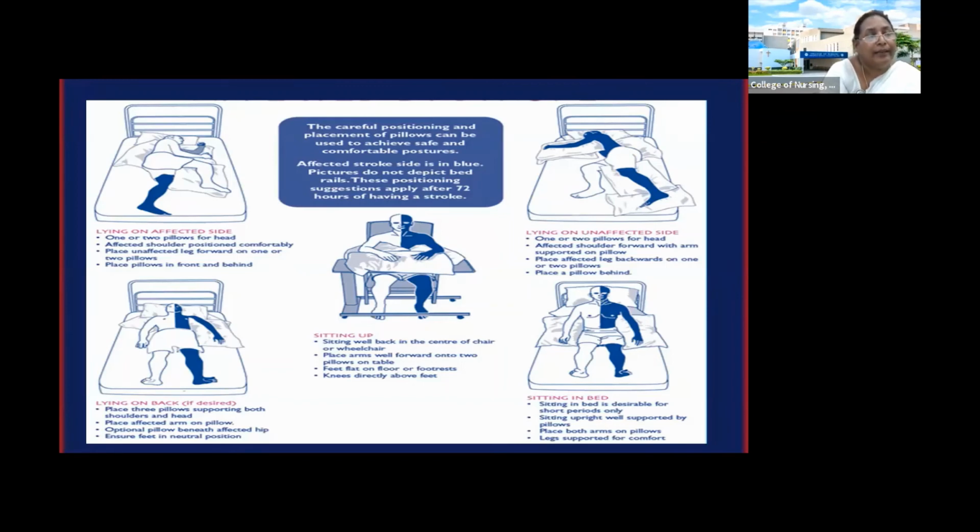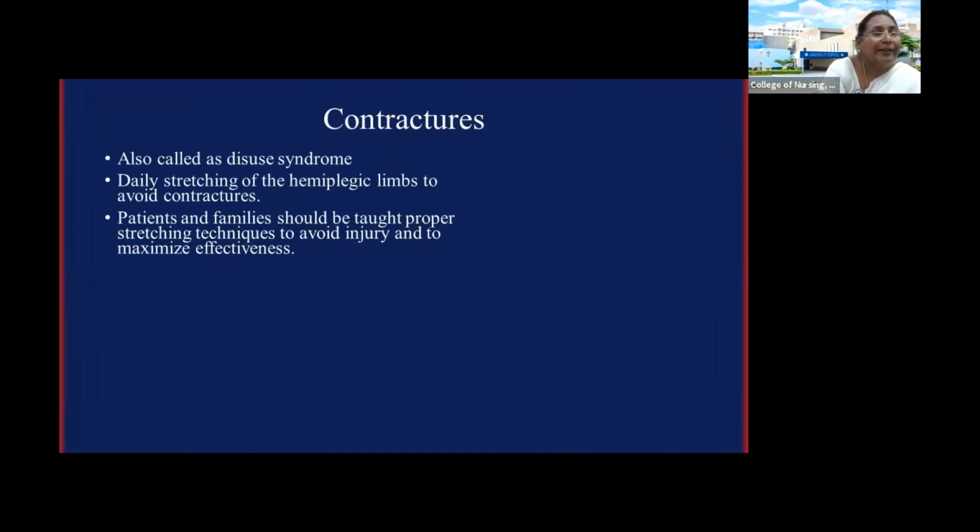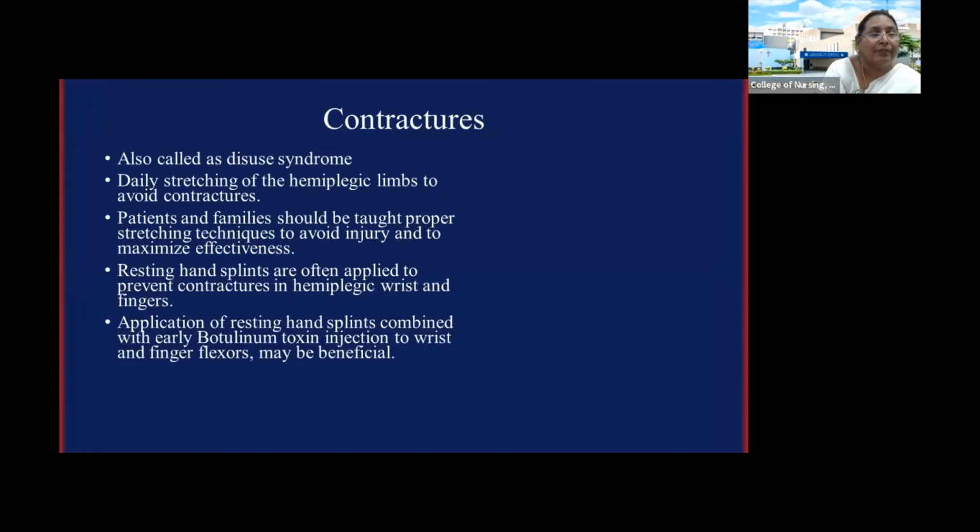Not one hand lying. Many times we see that position, when you ambulate, the hand that is affected will be hanging. That should not happen. That will cause a lot of problems. This is about position. Contractures, as I said, are called disuse syndrome, and daily stretching exercises are very, very important